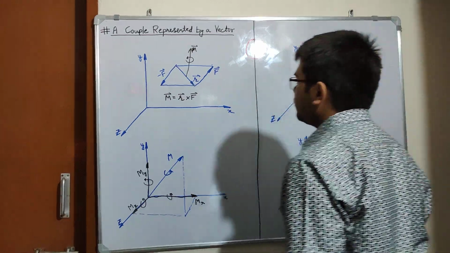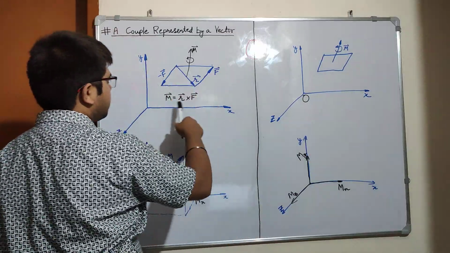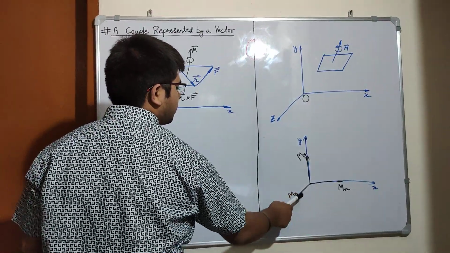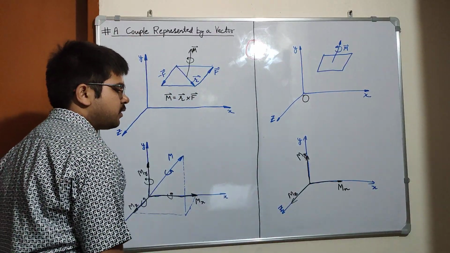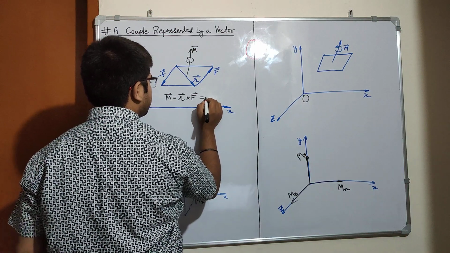So what we have done is we have resolved this couple vector into three moment vectors. So we can write R cross F vector equals